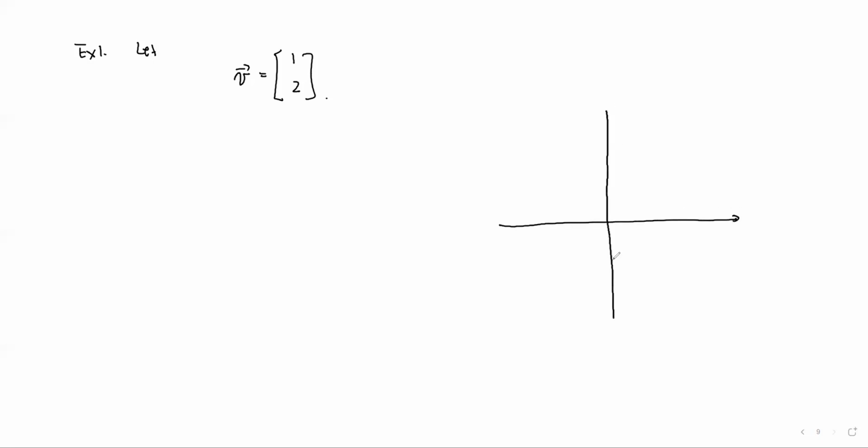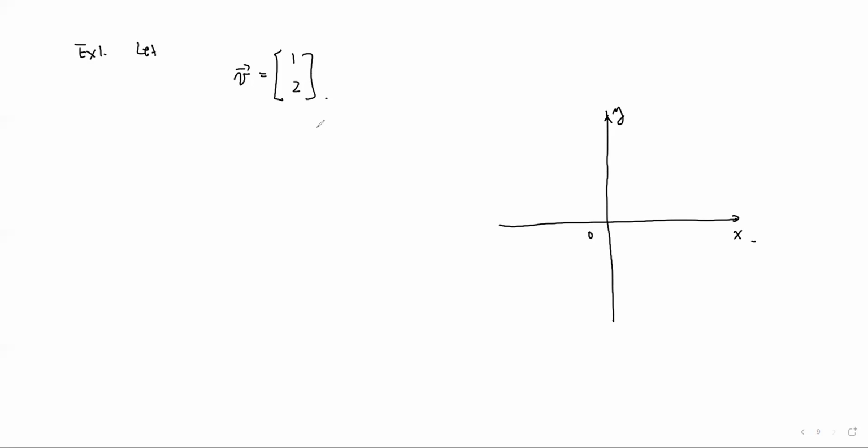Example 1. Let V1 be (1, 2), a two-dimensional vector. To plot this vector, we need to draw the XY plane. Now,